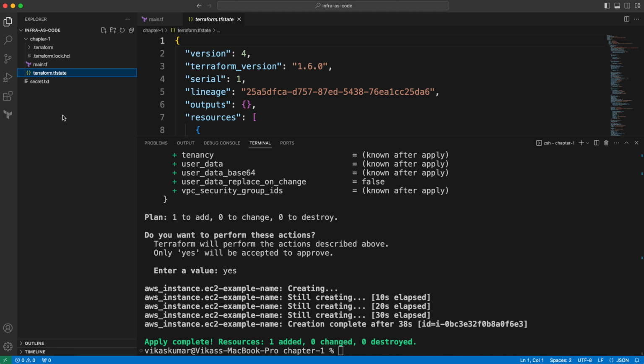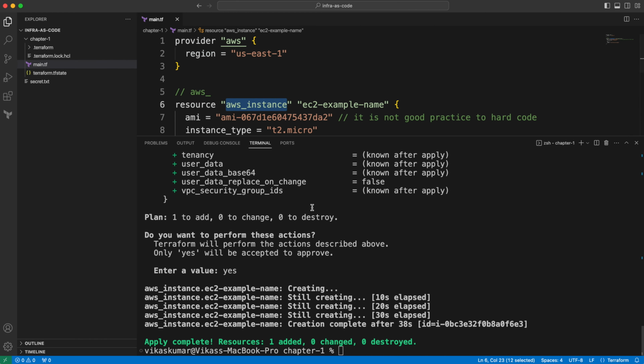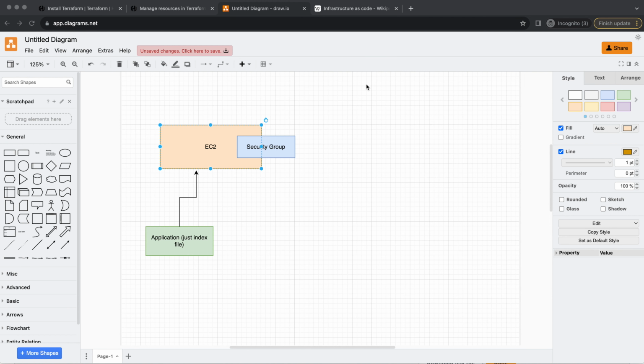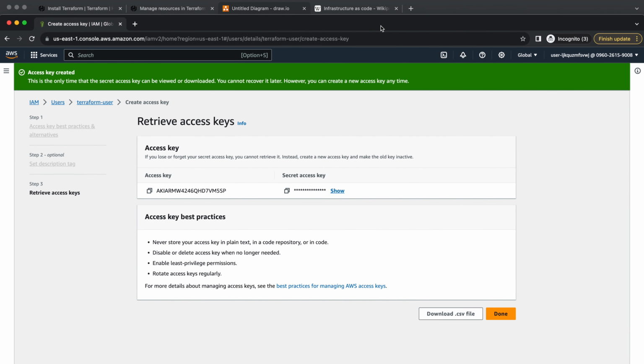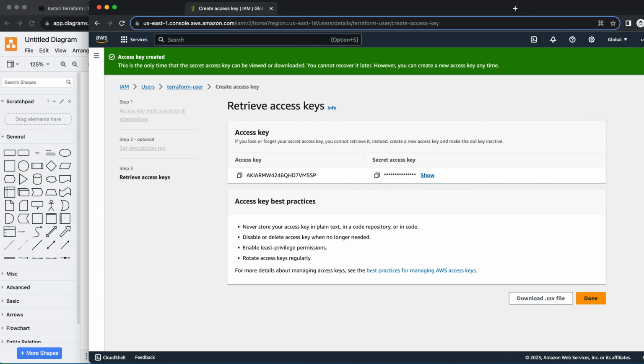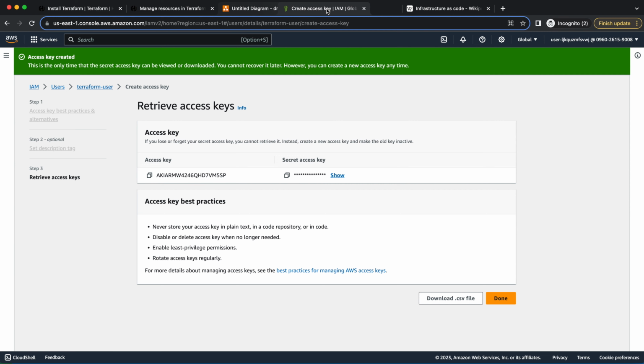In the next lectures I am going to tell you the best practices, where we will store these things, and what the use of these two files is, because these two files are very crucial for Terraform. Now if you see, it is successfully completed. So now if we open our